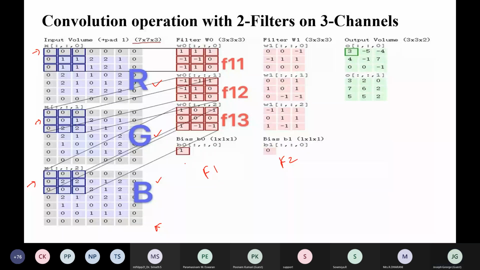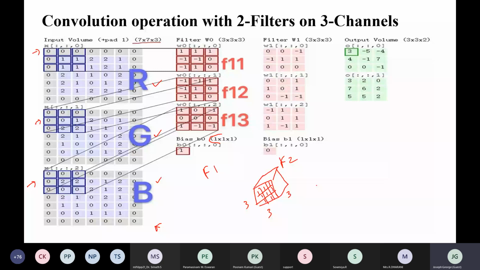For example, suppose you have an input image, and the pixel value is 1, assume like this, and the depth of this image is 3, the height and width are also 3, and you are taking two filters, and suppose the value of this filter is 1.